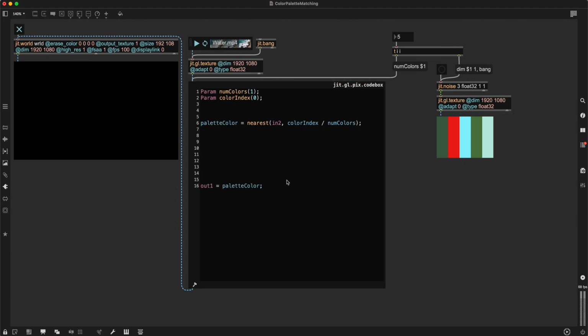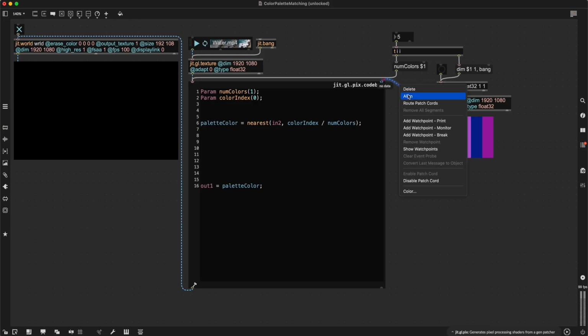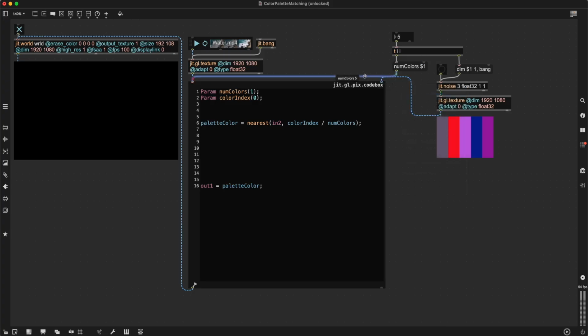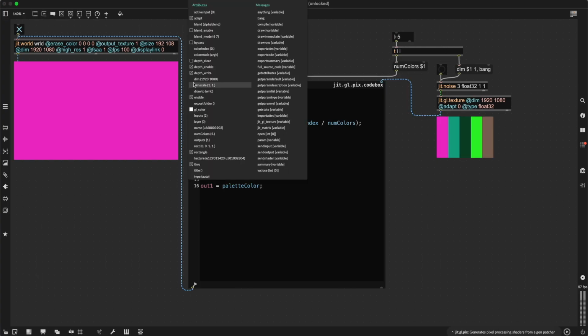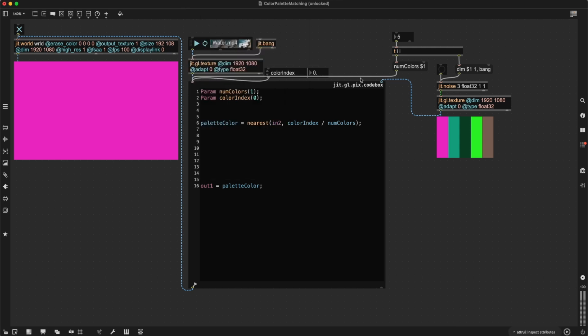And then we can set this here. Of course, we need to patch this one in here. Set this one again. Okay, now, where is it? Color index. Okay, if index is 0, we want the first one. If index is 1, we want the next color. But as you can see, it's not quite working,